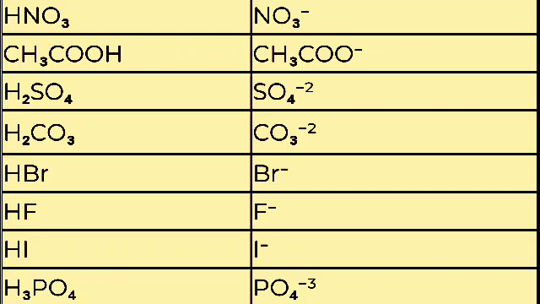Similarly, phosphoric acid, H3PO4, when hydrogen ion is removed, phosphate ion is formed. You can see all these are negatively charged groups, and all are obtained from acid after removal of hydrogen. So it is clear these are acidic radicals. My dear student, I think it is very clear what is an acidic radical.